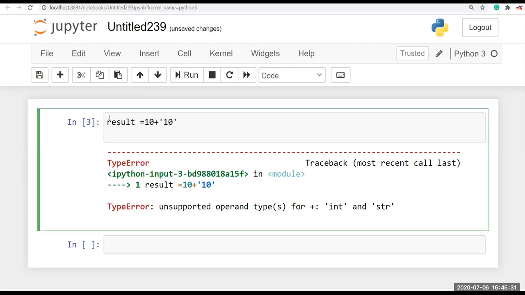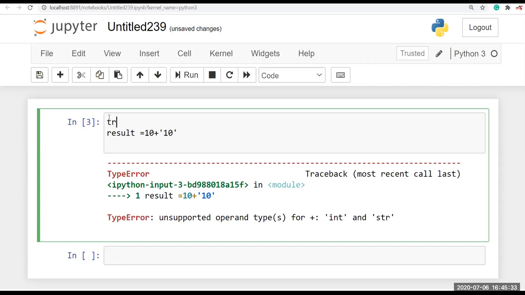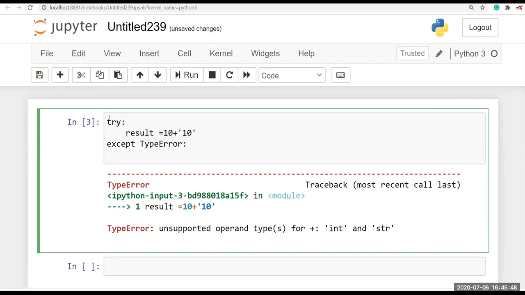Here I'm going to use a try block, give a tab for try, and here I'm using except. Okay, that is TypeError. After that, here I print type error.